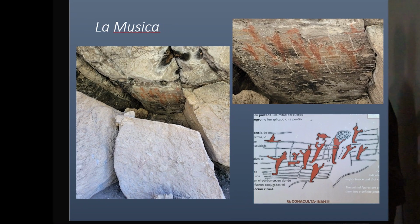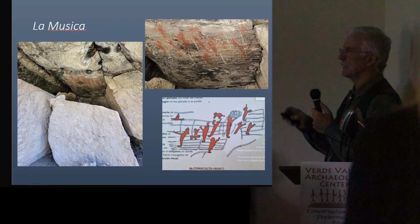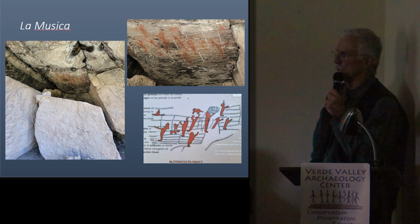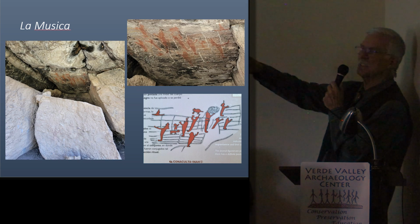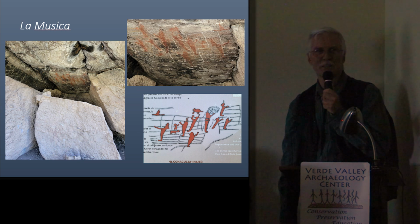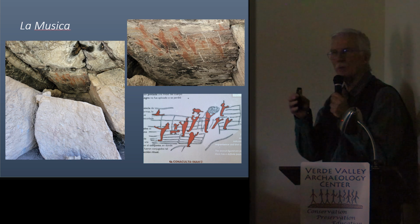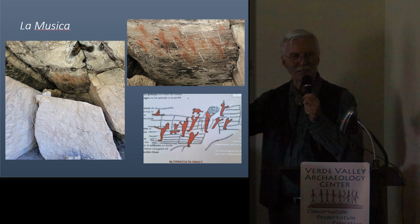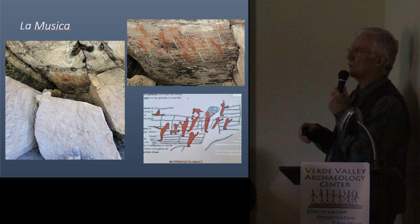Now, this is an odd site, I have to tell you. It's just one panel stuck back in this alcove up on the ceiling, and they call it La Musica. And the reason they call it La Musica is because it's several individuals with their arms up and their hands in certain hand positions on a scale. And so one of the archaeologists argued that that's the pentatonic scale, and that the finger poses are representing different notes. Now, this is mind-boggling for me to think about. Paleo-Indians or archaic people are not only musical, but they can depict that musical in rock art. Now, it may be that, you know, this is total bullshit, but